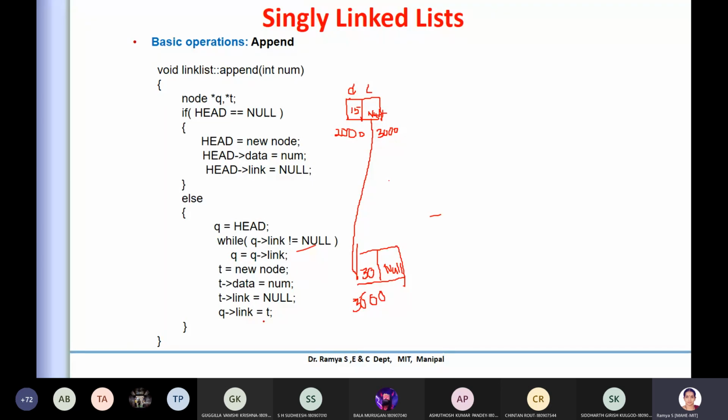Where is this q? Q is here, at 2000. This link was previously null, and now it will store the address of the newly created node. If you have many elements here, the q link will be updated and added here.